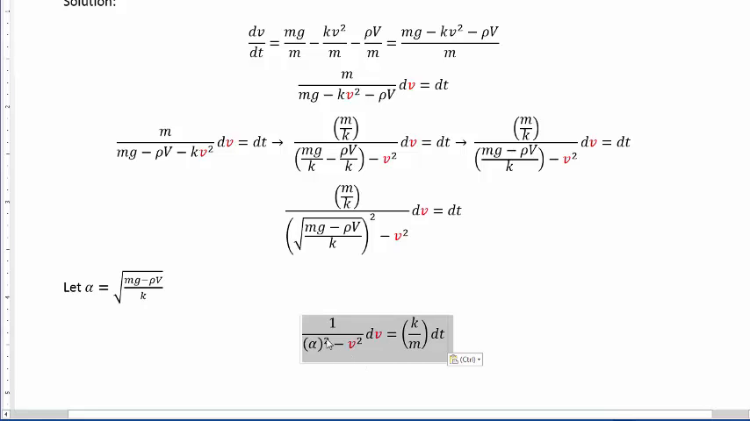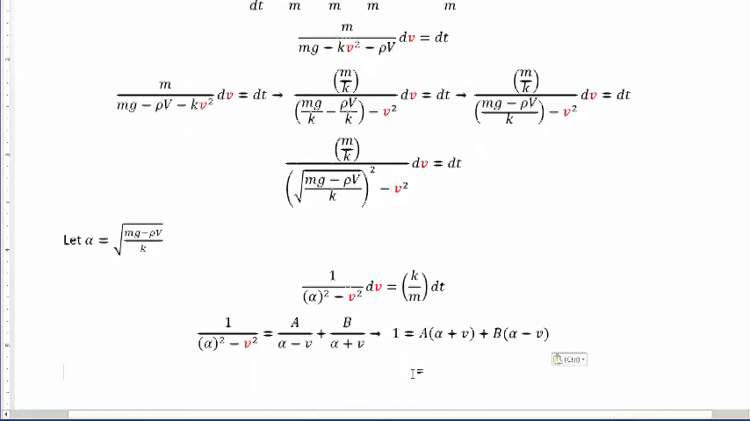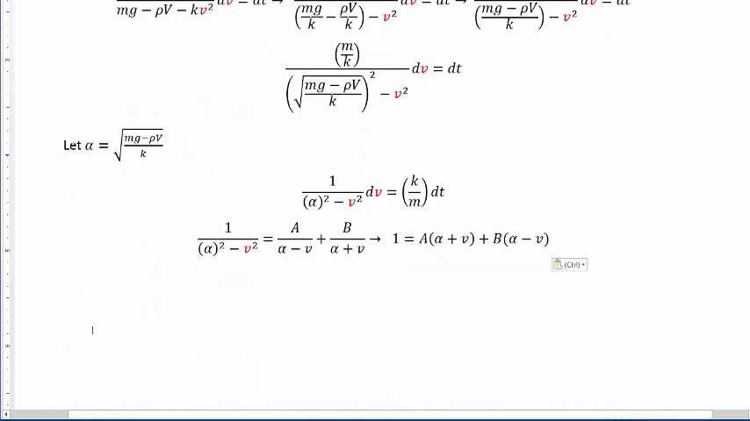Now the left hand side looks like it's a difference of two squares, and we can factor that, and one way to approach this is to do partial fractions. By the way, you can also try to do this using trig substitution with v equal to sine theta. I think it would work out the same way. So let's split that up, and then the usual way to solve